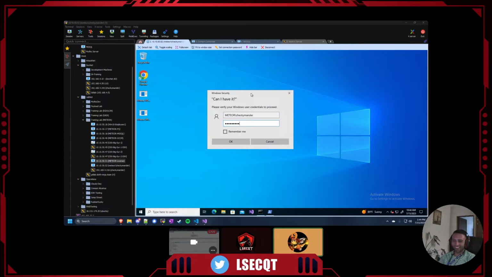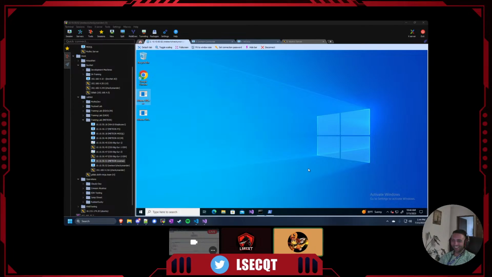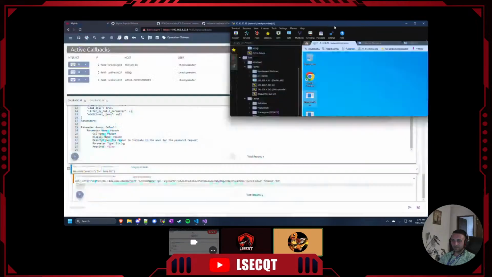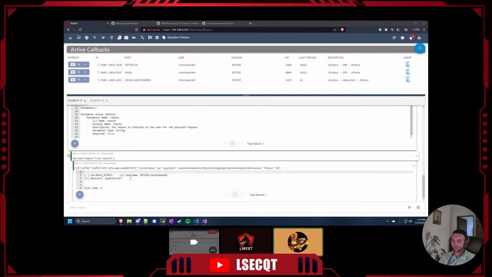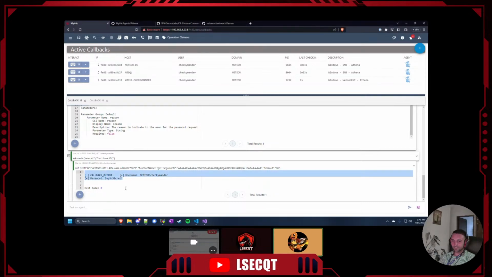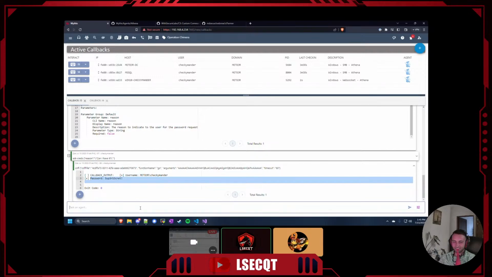So we'll type like, okay, super secret, and we'll hit OK, and it'll just close, and so the user won't even think about it. They'll be like, okay, cool, it worked. I don't have to worry about it. And then our function will be like, hey, we got output. Whew. So the username is this, and the password is this. Nice. Yeah, so it's super convenient,